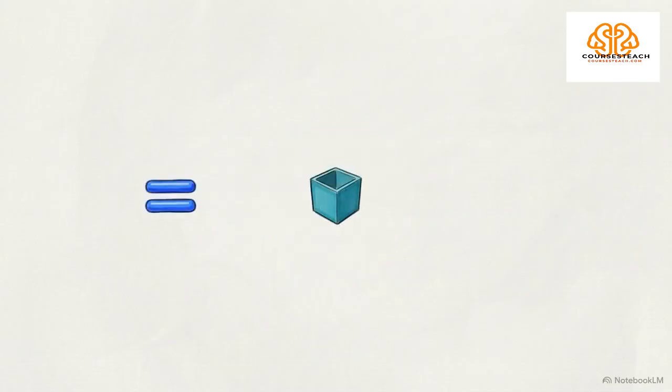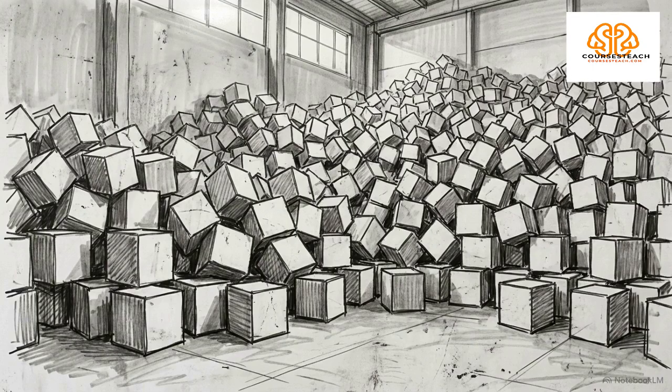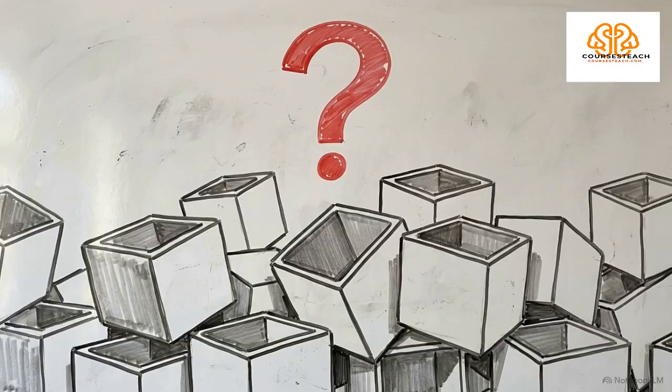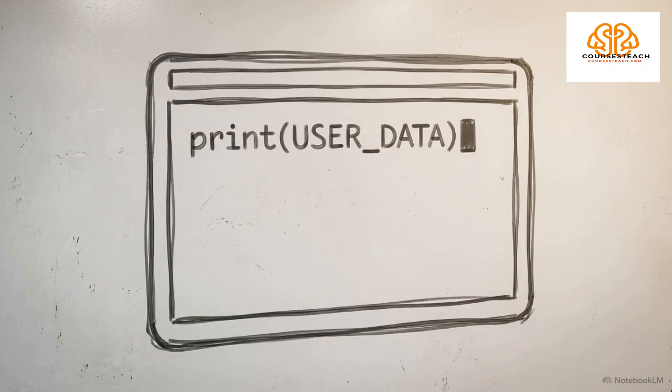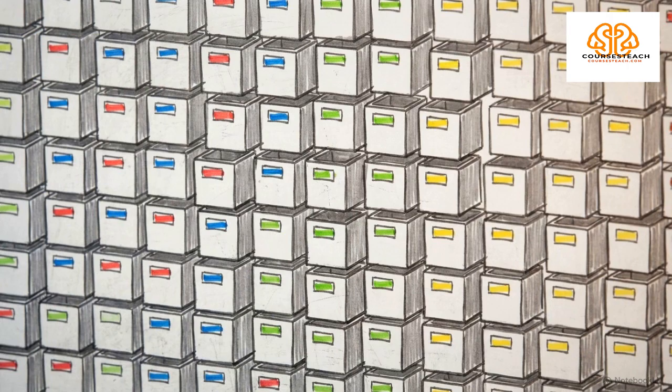To create one of these labels in Python, we use the equal sign. But in coding, the equal sign isn't about math, it's an instruction. We're telling the computer to assign the value 14 to the label age. Without these labels, the computer would store information without any way for us to find it again. By using variables, we can recall or update that data at any time just by typing out the name on the label. These variables act as the essential memory building blocks for any program, turning human logic into organized digital